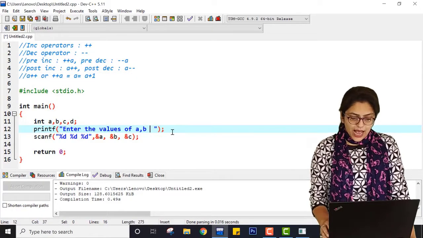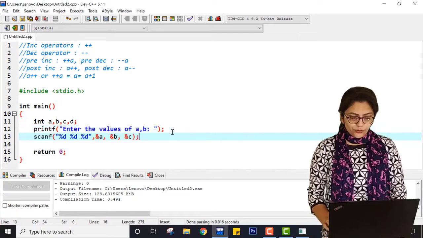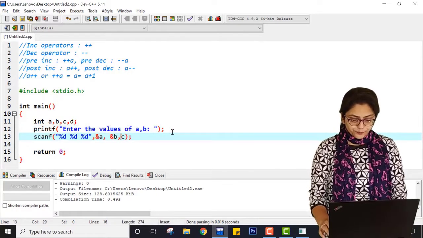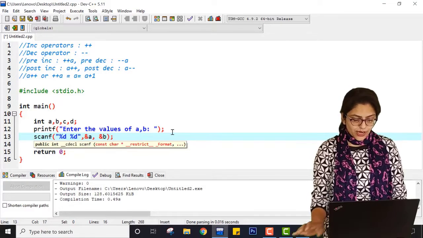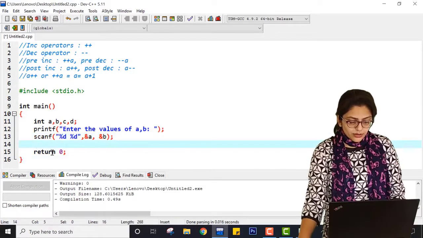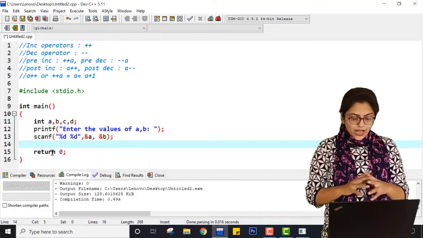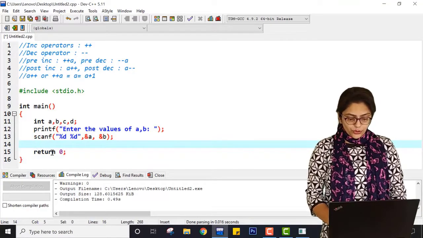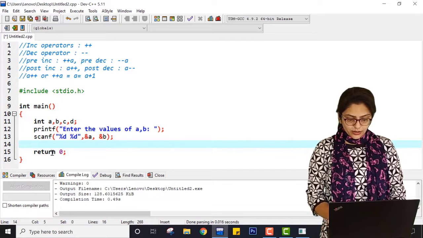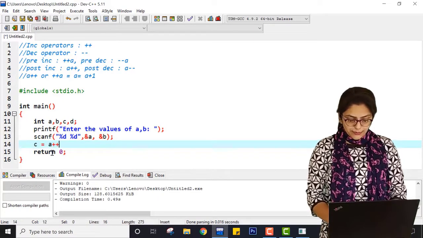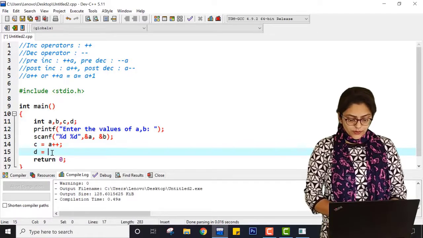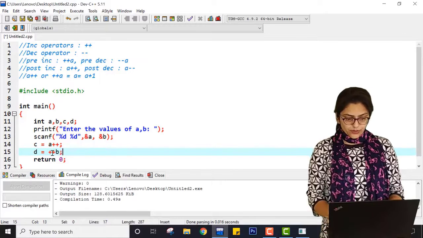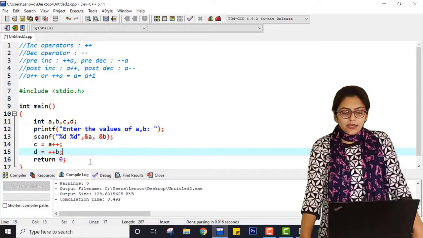Inside this, I am taking two values from the user, the value of A and the value of B. Now here I am doing C equal to A plus plus and D equal to plus plus B. What exactly am I doing?